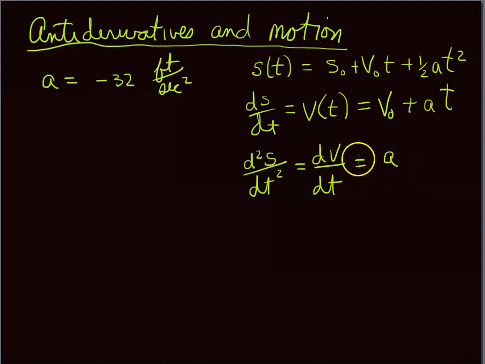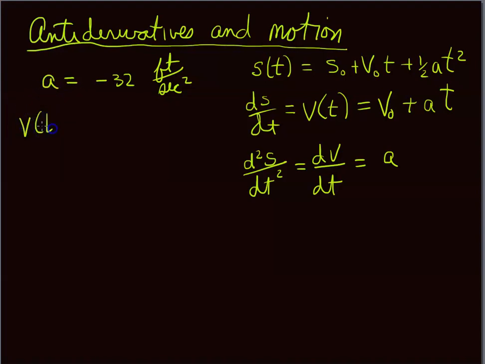So, if they give you the acceleration, no matter what planet you're on, you should be able to find the antiderivative to get the velocity, and take its antiderivative and get the position function. And that's what we're going to try to do with this. So, the antiderivative of this, if you think about it,